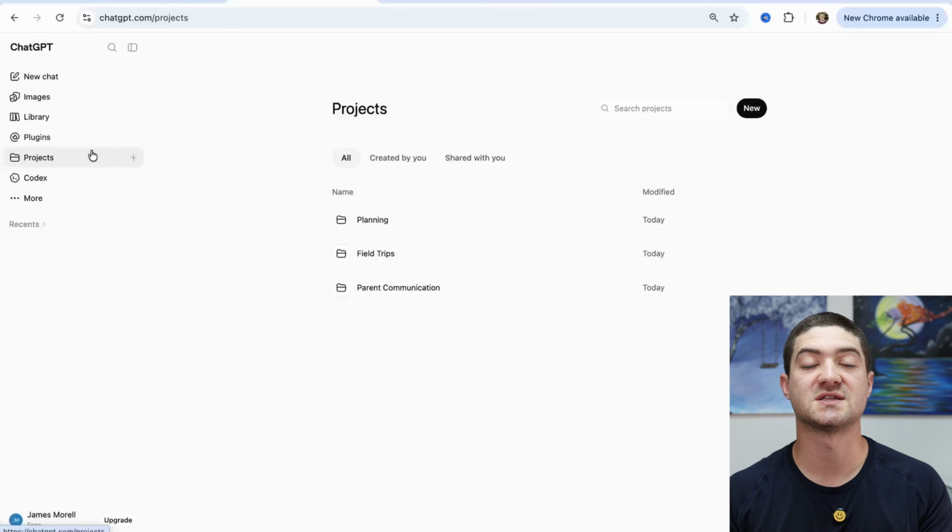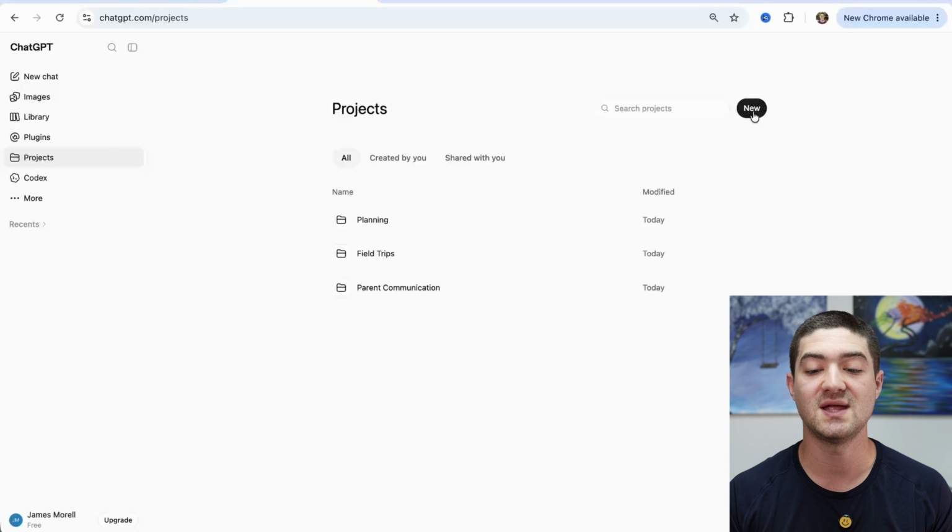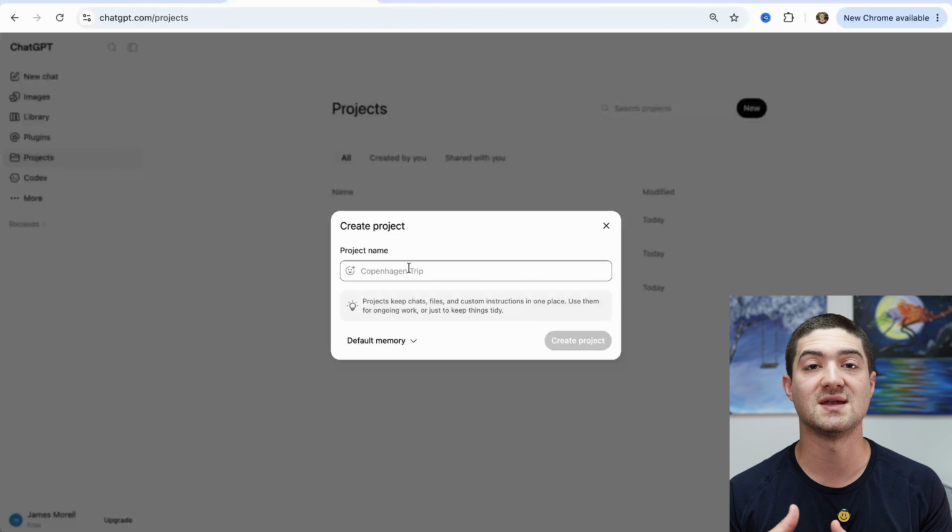To create your projects, you'll want to open up ChatGPT. On the left-hand side, you'll find the little tool that says Projects. When you click on Projects, it'll open up a new page. If you've never used Projects before, yours will be empty. So you'll want to hit the New button at the top, and you'll want to name it